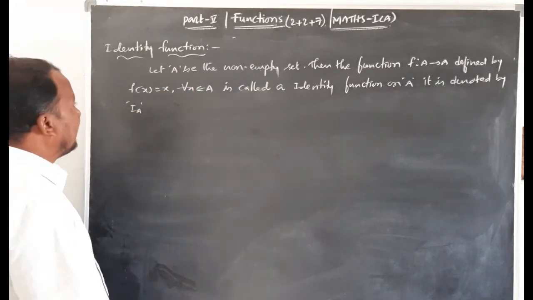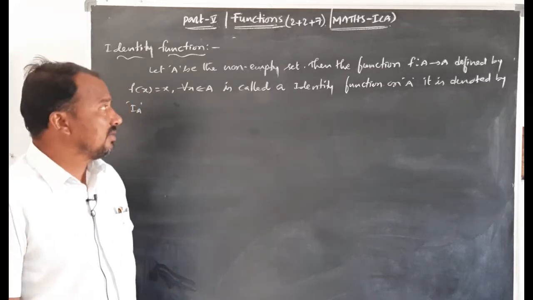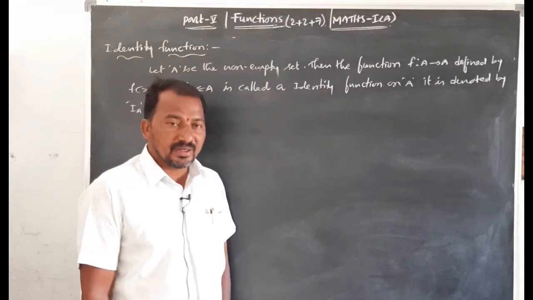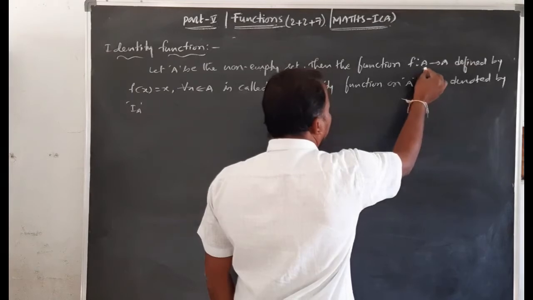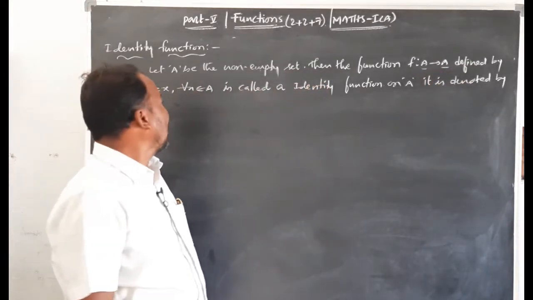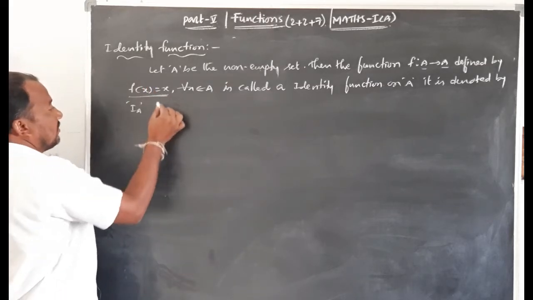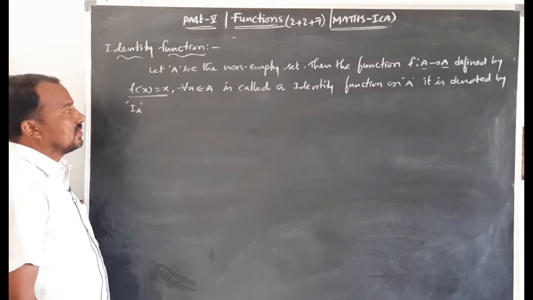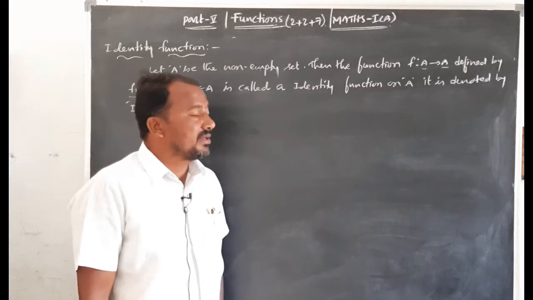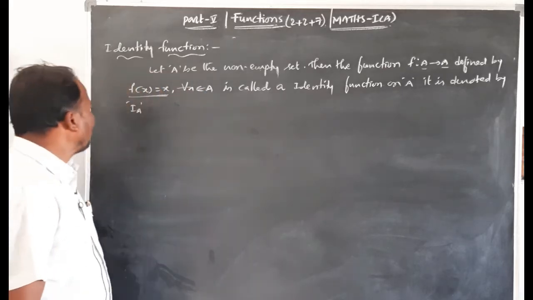Let A be a non-empty set. Then the function f from A to A, with domain A and codomain A, defined by f of x equals x for all x belongs to A, is called an identity function on A. It is denoted by